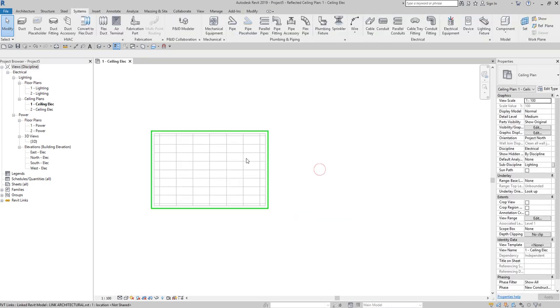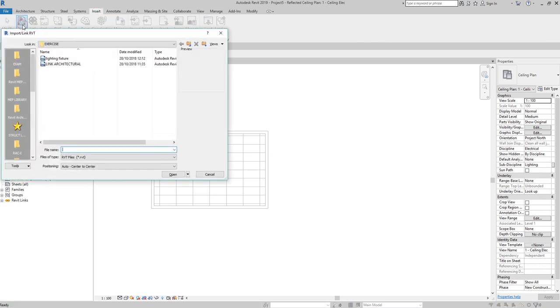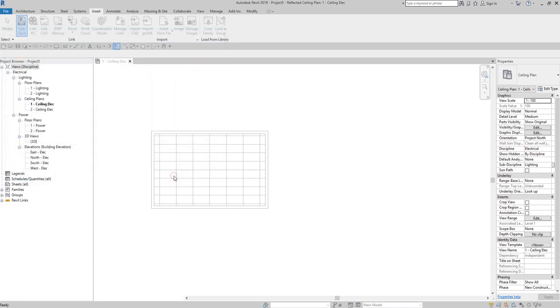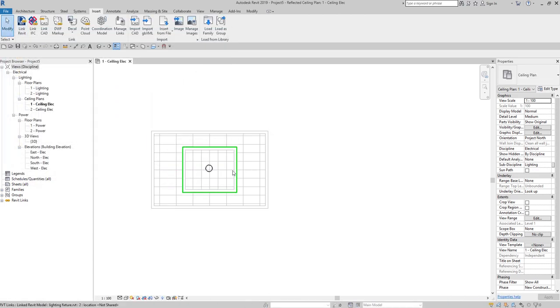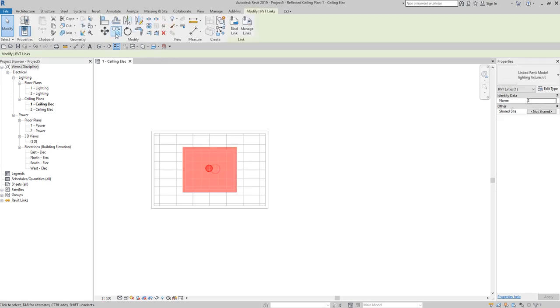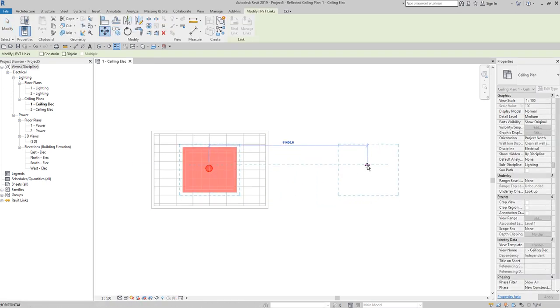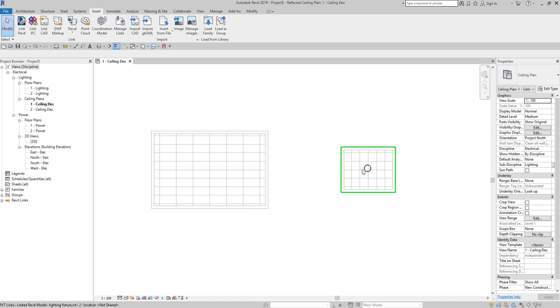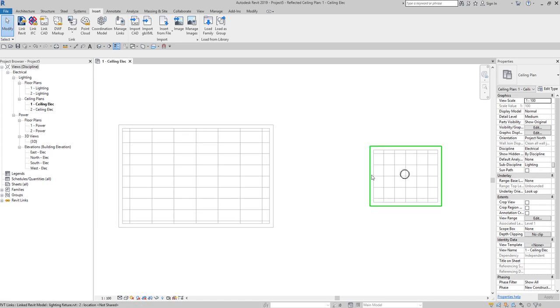All right, so what I'm going to do is I'm going to link that project that I just created, the lighting fixture one. So I just place it here, just beside. Oh, sorry. So I'll just click that and then I'll just move. Okay, so as you can see, I now have another link model here, but it has the lighting fixture